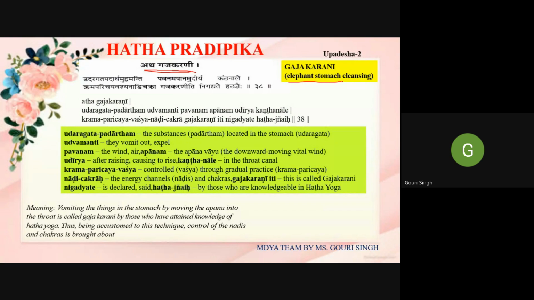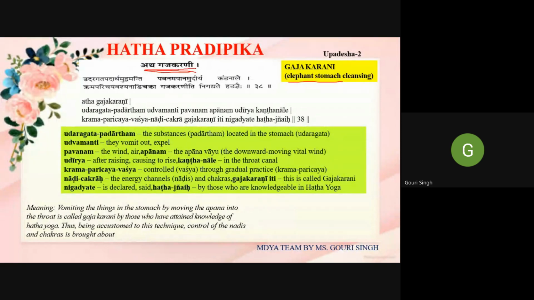So what you need to do in the Kunjal Kriya? You are on an empty stomach. You have to drink saline water repeatedly, without any gap, continuously, till one liter, or four or five glasses. Then you have to put both fingers, the middle finger and index finger, in the throat area, and you have to vomit. This is your Kunjal Kriya. So here it is also said the same thing.